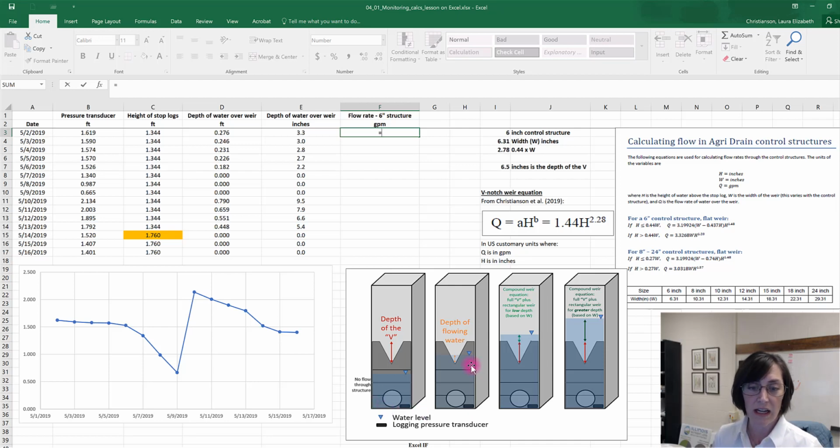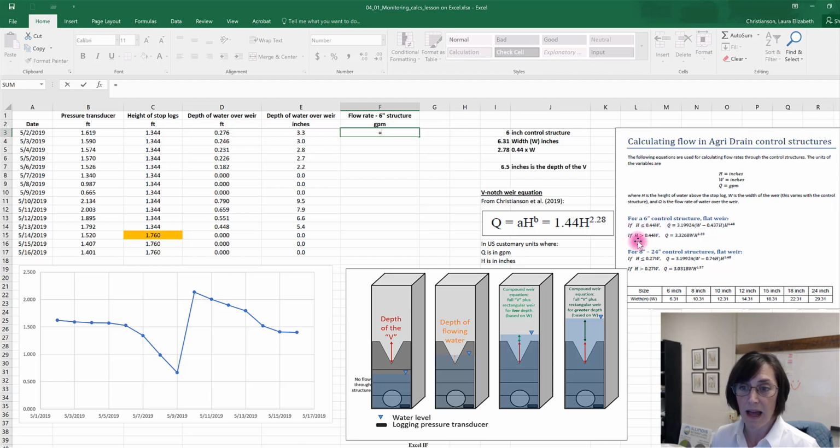The second thing it's going to check is if the water is in this V. If the water is in the V, then I just use a straight V-notch weir equation. Third thing it's going to check is if the water depth is over the depth of the V, then I need to use a compound weir equation. And that takes two forms. If the water depth is over the V, but if my H is less than this condition, then I need to use this first equation plus my V-notch weir equation.